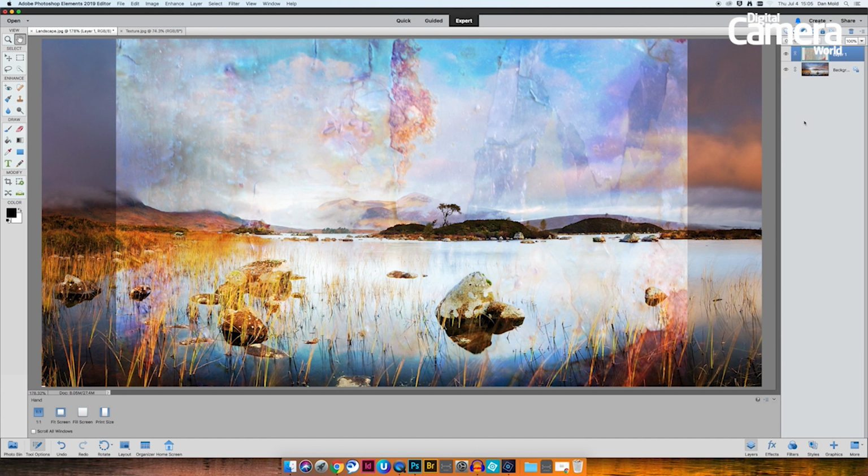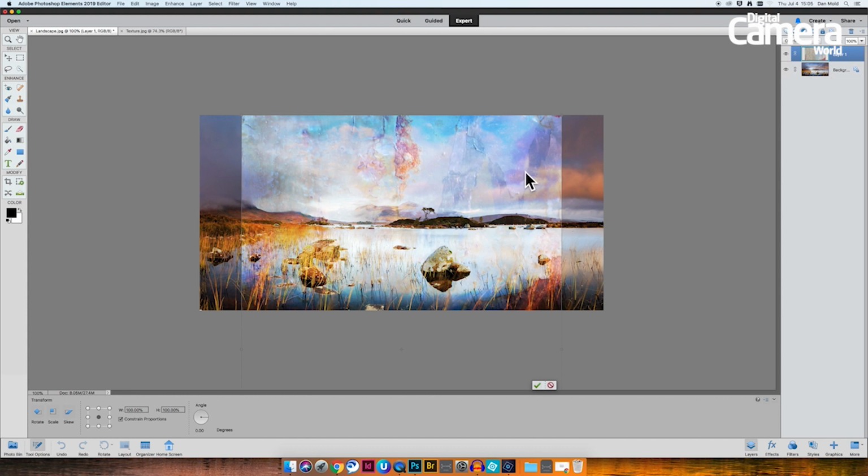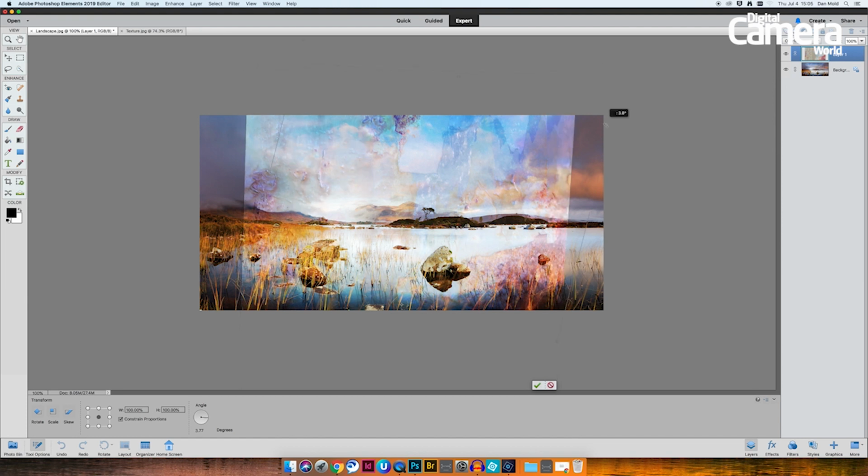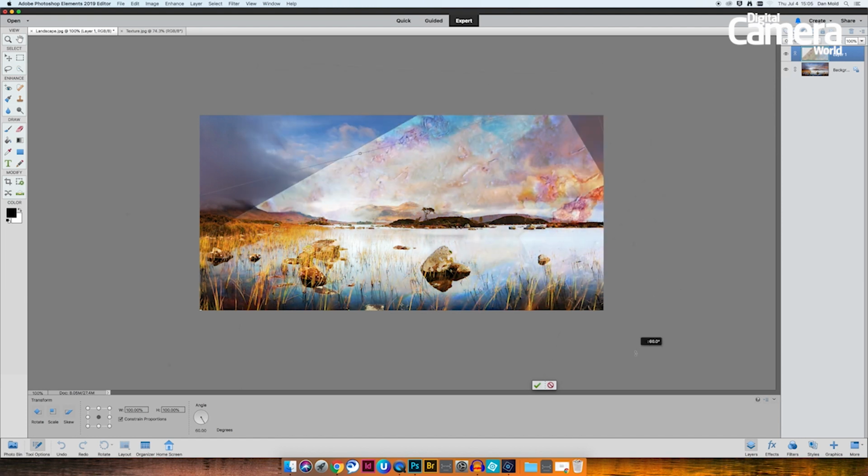We can change how that gets blended in a little bit, but first we're going to resize the texture so it fits this landscape image properly. I'll hit Control or Command and T to put the texture layer into free transform mode, and then zoom out with Control or Command and minus so we can see a bit more of the surrounding image. The bounding box is around the texture layer here. I'll hover my cursor over the outside edge of the texture and drag it around to rotate it,